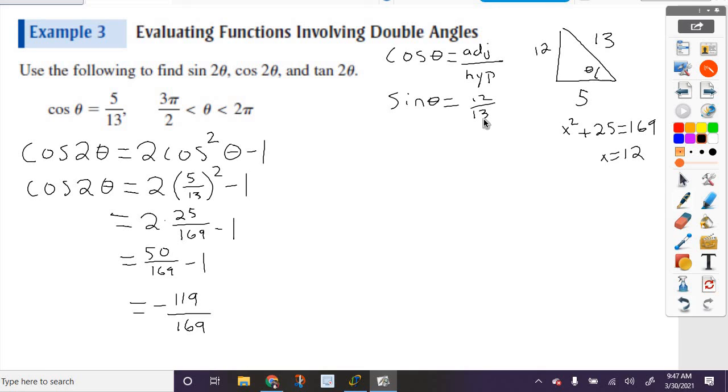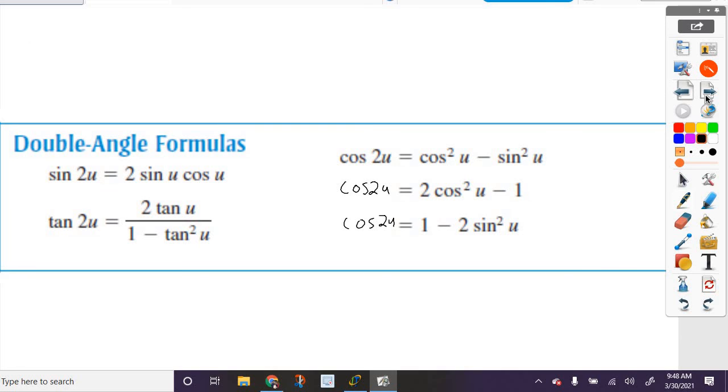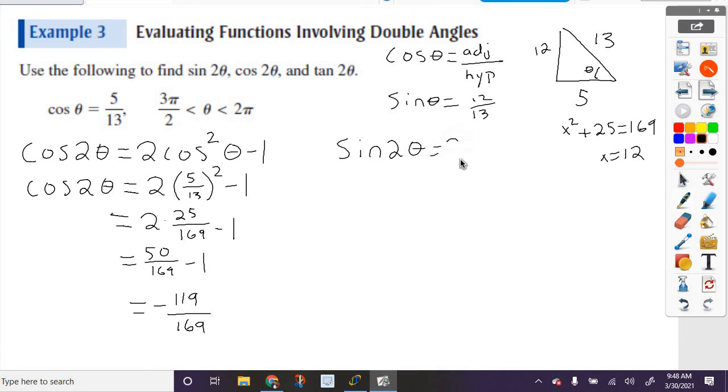And again, that's just sine of theta. But they don't ask us to find sine of theta. They ask us to find sine of 2 theta. And again, we can't just multiply by 2. We need to use that formula that we had on the previous page. So sine of 2 theta equals 2 times sine of theta times cosine of theta. And now, since we have both of those, we can plug those in. So we have 12 divided by 13 times 5 divided by